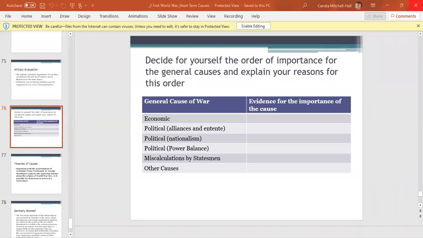Next on the list going down, we said political again, but with power balance. Doing the research, especially when we got the question of why Austria-Hungary declared war on Serbia, it really seemed like a power thing, that Austria-Hungary tried to prove themselves, because as Dina and I were discussing in the breakout rooms, when you look at the ultimatum which Austria gave Serbia,